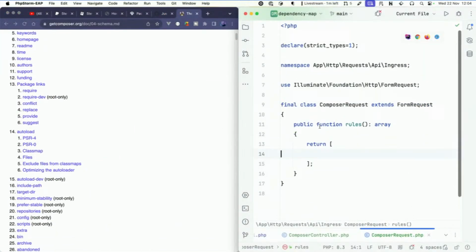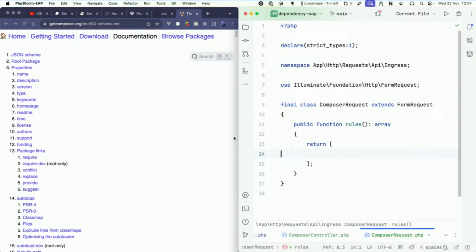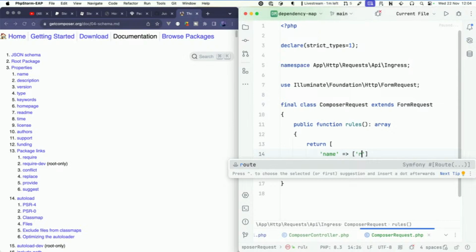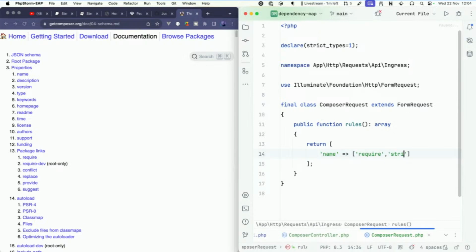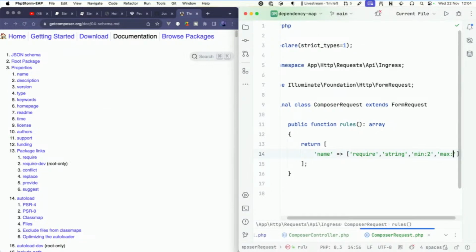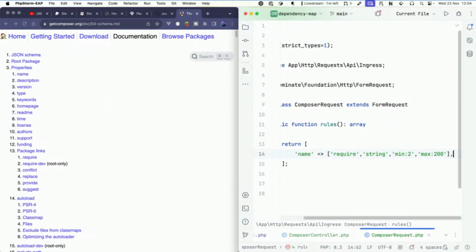So composer should have name that is required, should be a string, minimum of 2, maximum of 200. We'll make it up. Description, again, required, string,